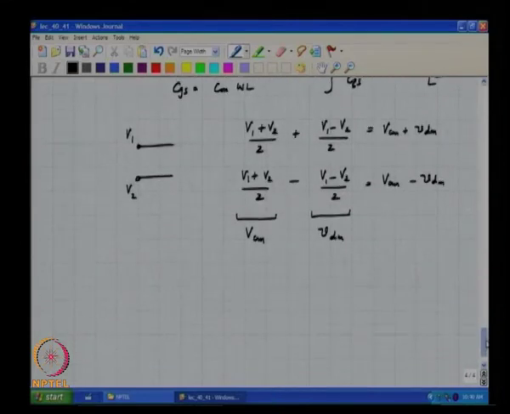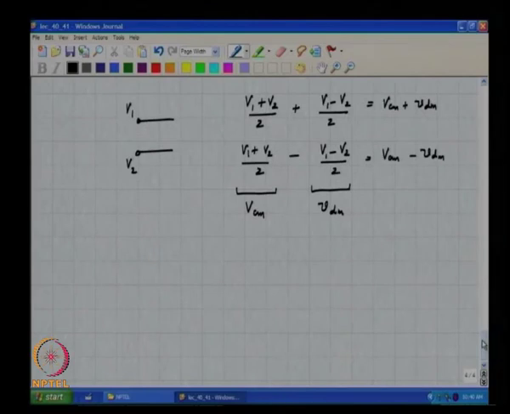So, the advantage of having information being carried on two wires rather than one is that in a noisy environment, if both these wires go through the same environment, then all noise sources will add to both these wires in the same way, correct. Therefore, only the common mode voltage of these two wires will be affected. However, the difference between these two potentials is still maintained in spite of adding noise to both these wires.